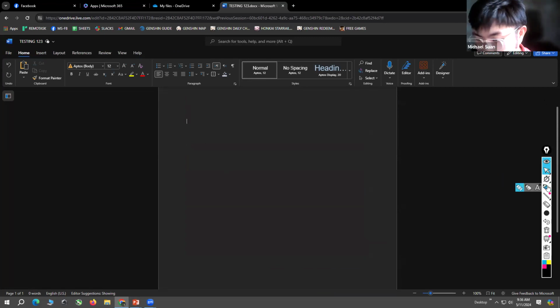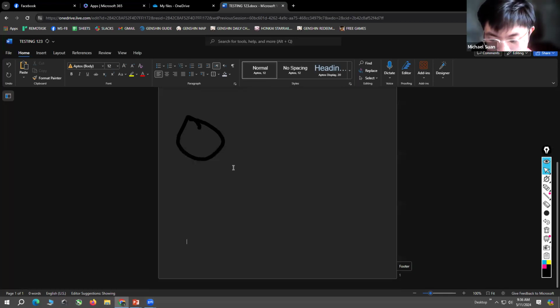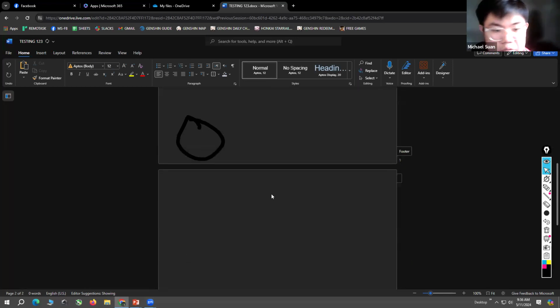As you can see, there is this cursor. If you click enter, this cursor will go down. Just click enter, and then at the very bottom, there you go. You now have 2 pages.